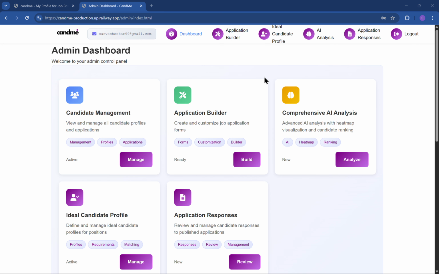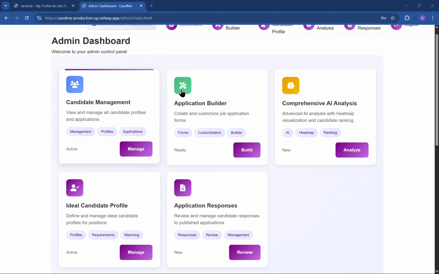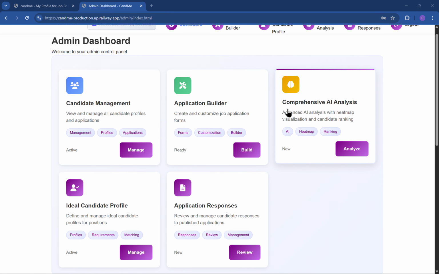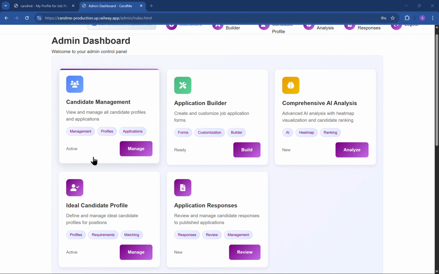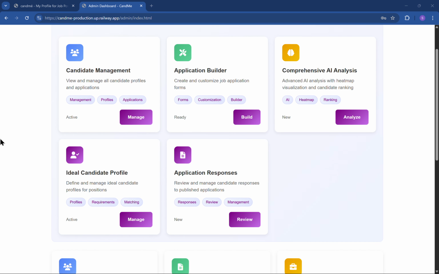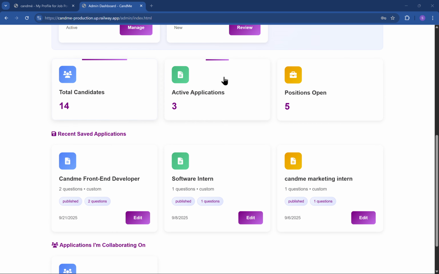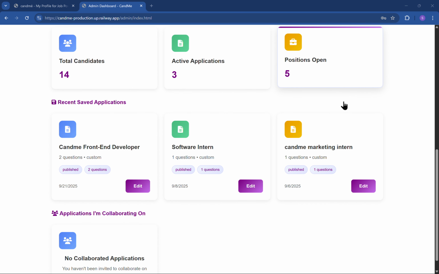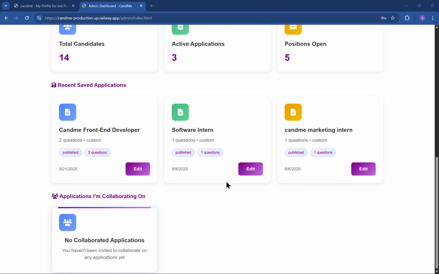the login authentication feature as an admin personnel. Here is my dashboard where I can keep track of things like candidate management, application builder, comprehensive AI analysis, my responses, as well as the ideal candidate profile. And so I can see things like total candidates, active applications, and recently saved applications, as well as the applications